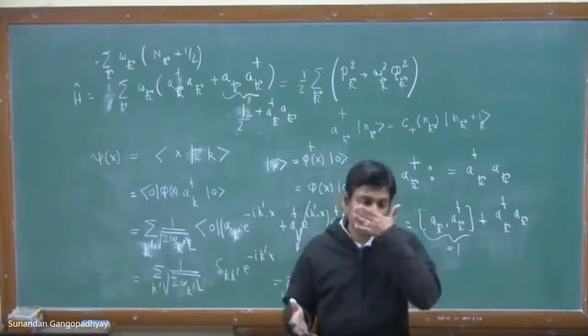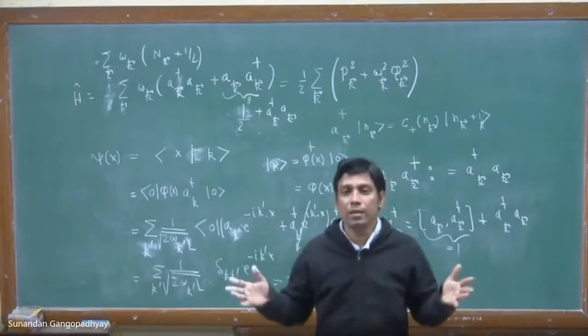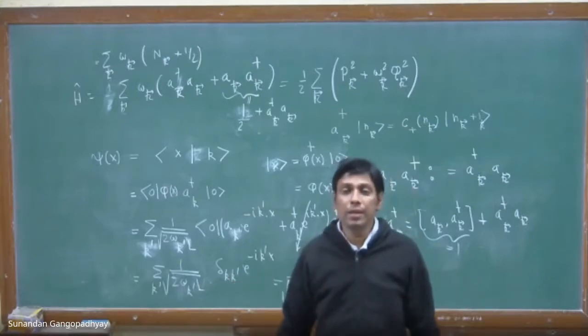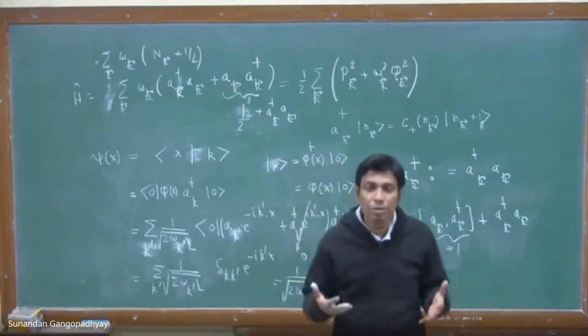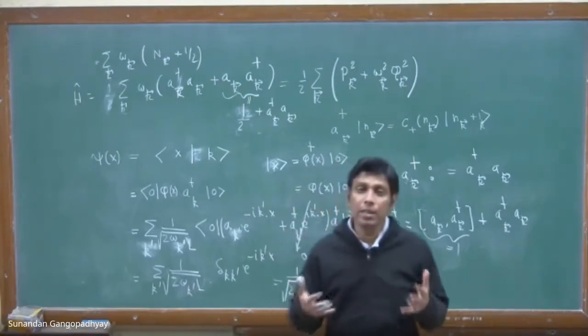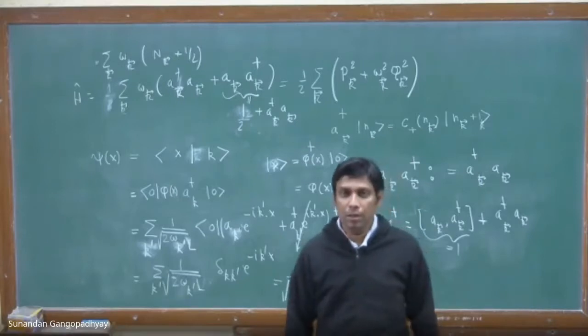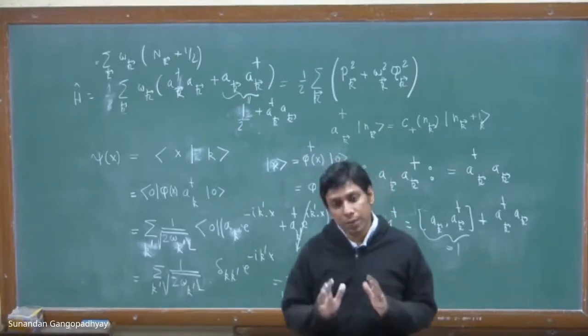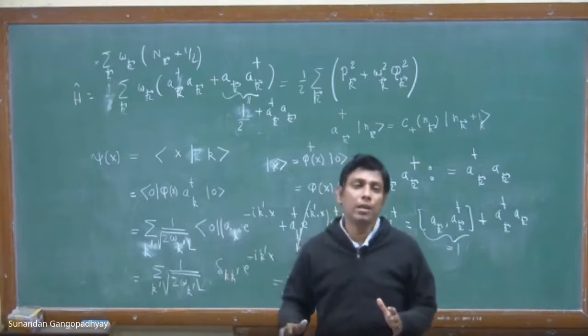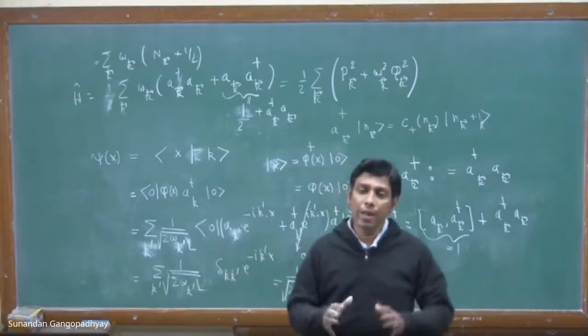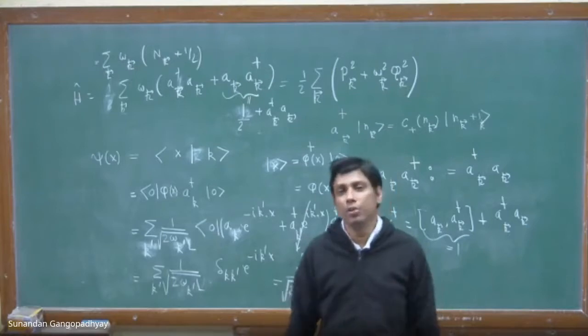The relativistic field theory has a state which has no particles, but still it has an infinite amount of energy, which actually tells us that the vacuum that you have in quantum field theory has indeed a lot of structure. It is not something trivial. It is something very non-trivial. The vacuum, even though it does not contain any particles, can have an infinite amount of energy in quantum field theory.